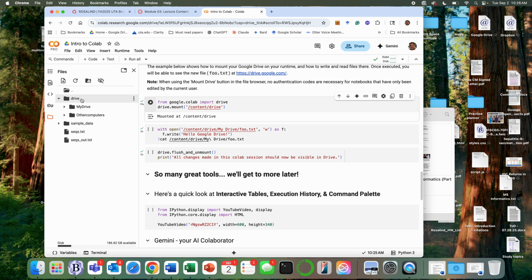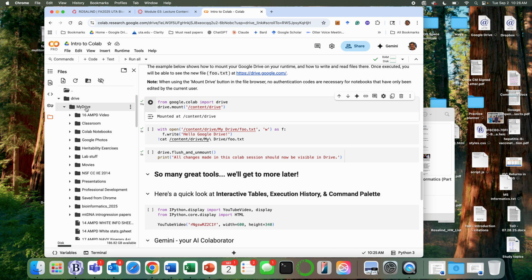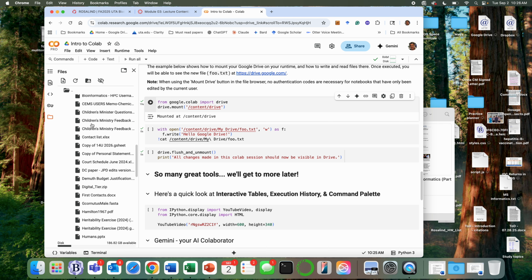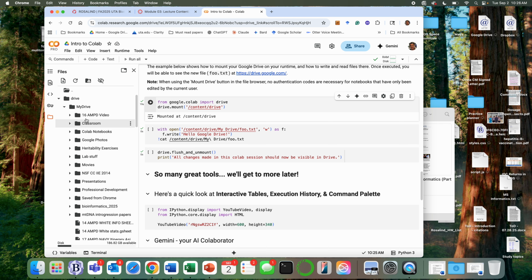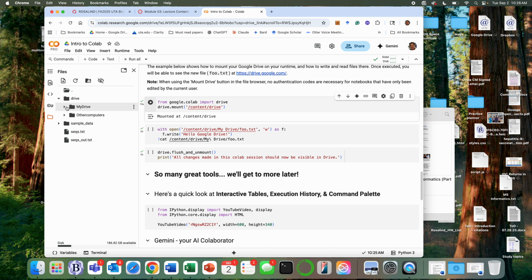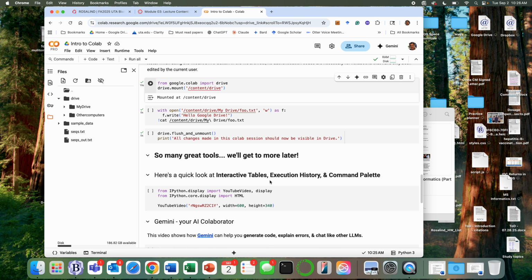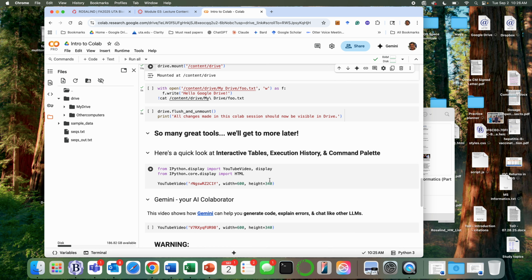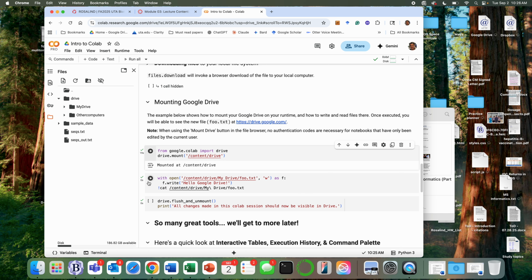And so when it works, which finally it did, you can see that, whoa, now I have this drive mounted, and inside that you've got my drive, and for me, there's a ton in my drive. So you've got to save stuff into that drive. We'll talk more about doing that down the road. If you run these cells,